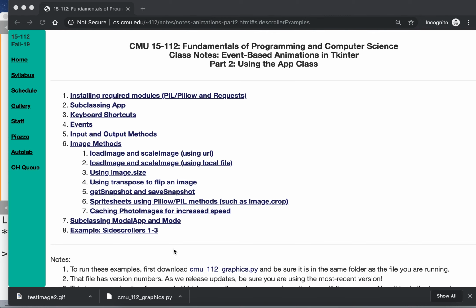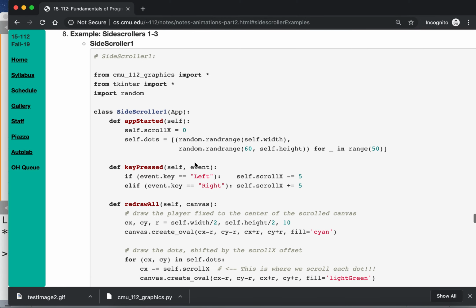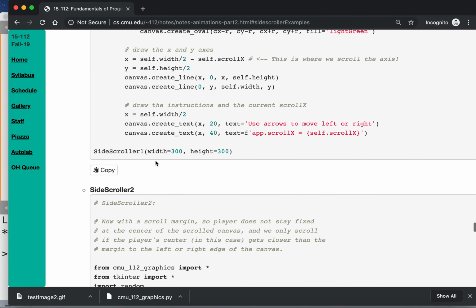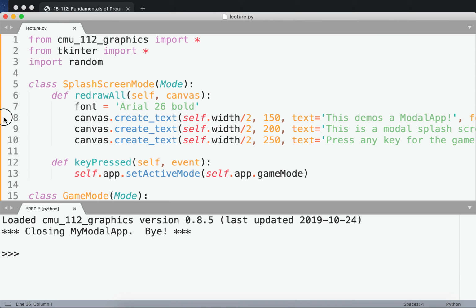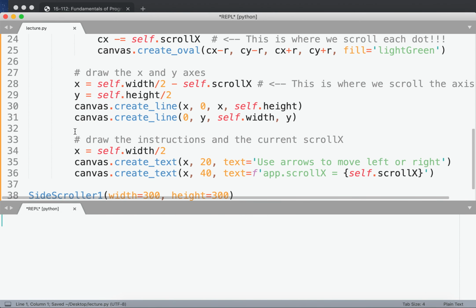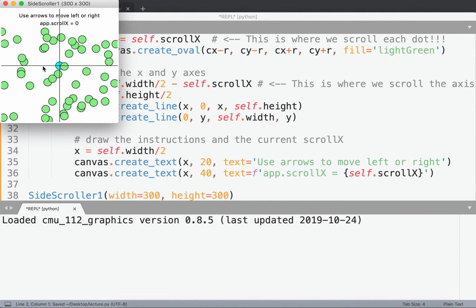All right, on to step 8, side scrollers. We're on 8.1, which is sidescroller1. Let's take a look. First, let's just see what the side scroller does. We'll paste it here and run it. And what we see is we have a bunch of dots, and we have a blue dot in the middle,